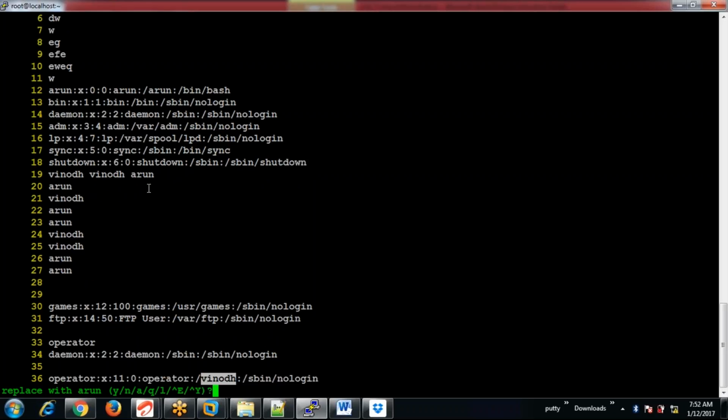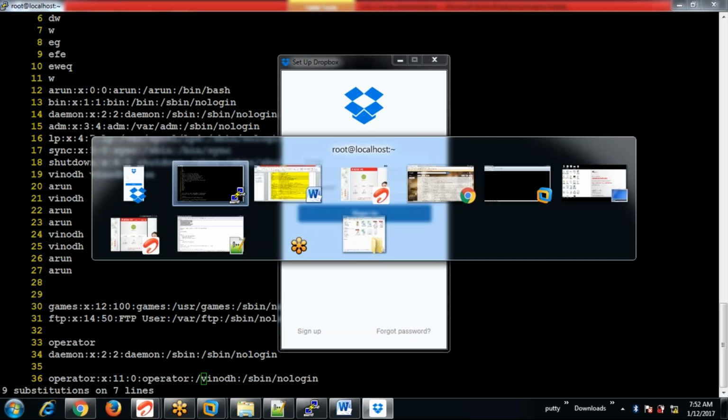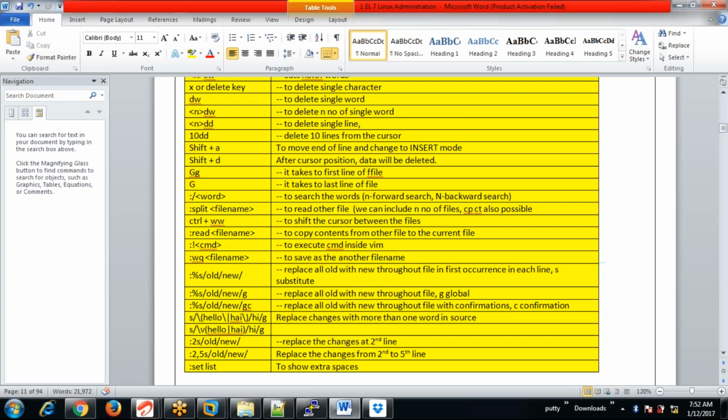So this is a method with which we change only in the places where we want to change it. We can change it according to the user confirmation. So by that way we can work on this. So this is how we will be replacing each word or characters for the replacement.